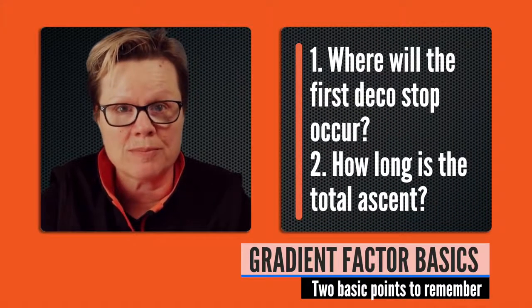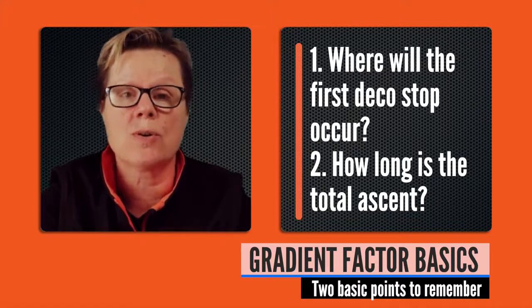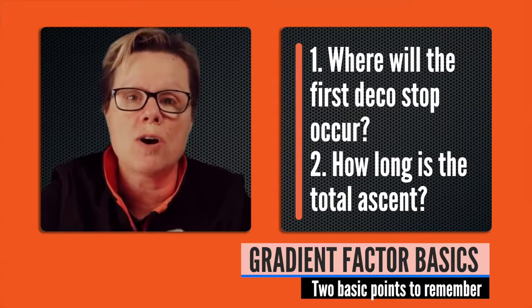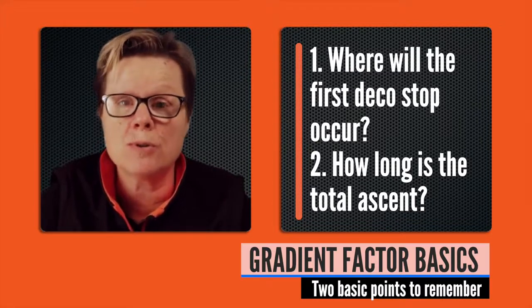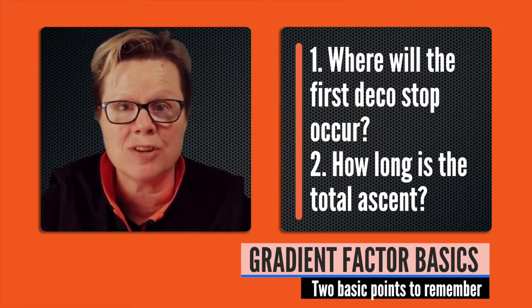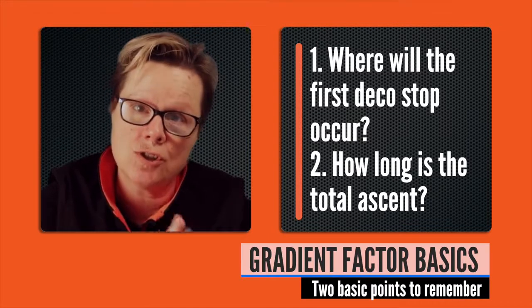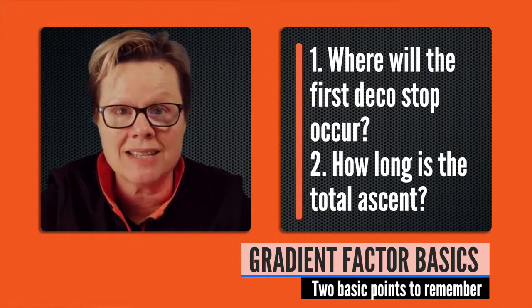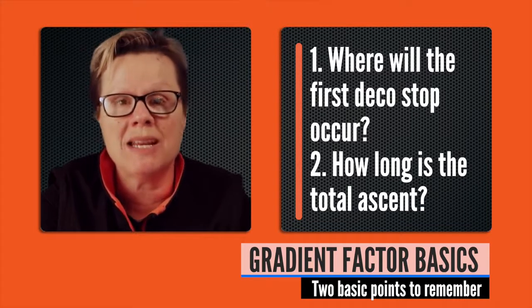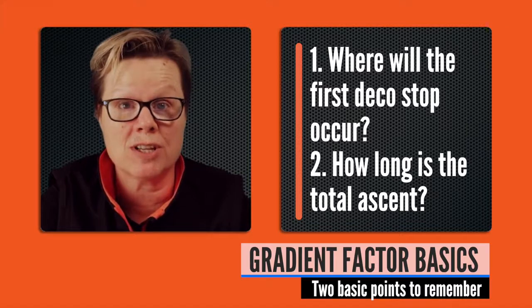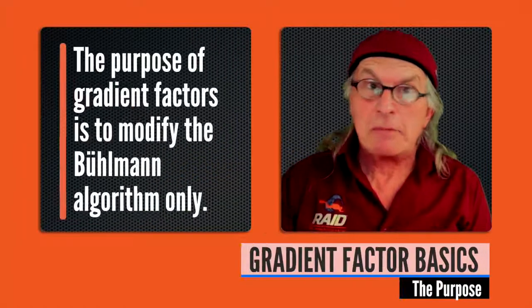In simple terms, gradient factors control 1, how far off the bottom a diver slows or pauses her ascent during the journey back to the surface, and 2, how long the remaining ascent time takes her while remaining in a chosen envelope of conservatism. That's the power of gradient factors, is that level of conservatism. That's what she controls, and that's what gradient factors give us ultimate control over. So, starting at the beginning,